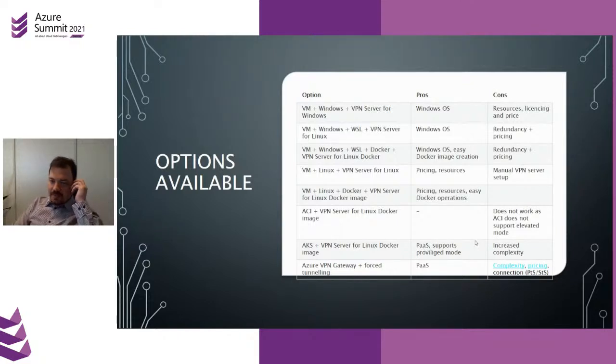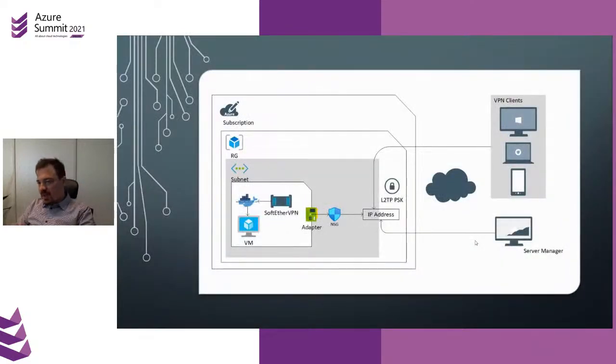Okay, let's get back to our particular possible solution. So let's say we already have our Azure subscription. Inside Azure subscription, we would create a resource group. Inside the resource group, there is a subnet. Subnet is like a basic stuff inside Azure, network infrastructure, basic instance. So inside the subnet, we would like